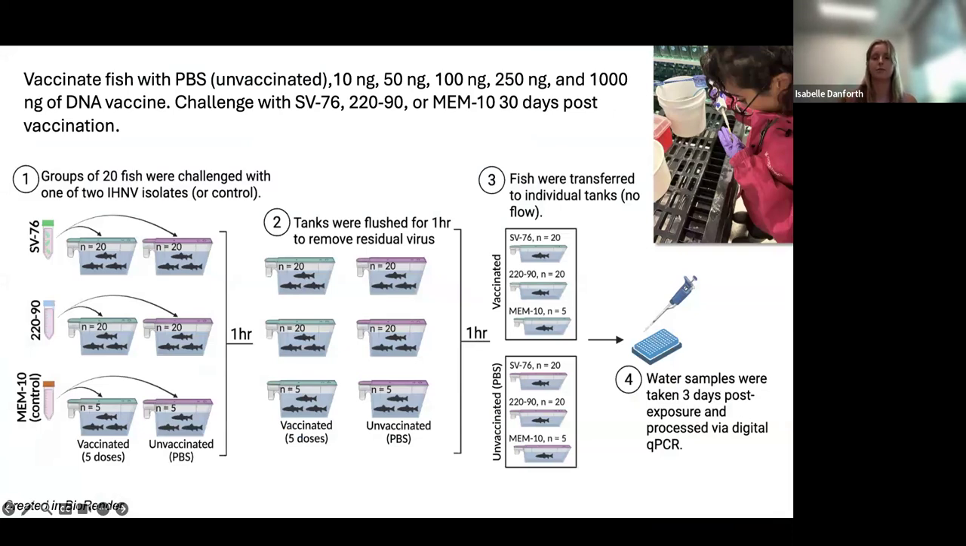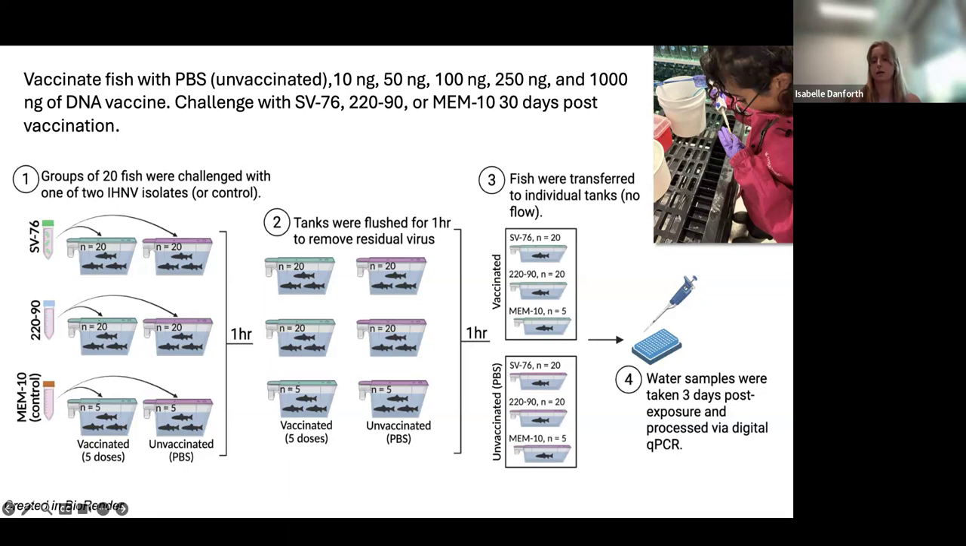So we started with 10, 50, 100, 250, and 1,000 nanograms of the same DNA vaccine. We also, of course, had an unvaccinated control group. And then we challenged the fish to the low virulence isolate SV76, higher virulence isolate 22090, or a MEM10 negative control 30 days post-vaccination. And so we exposed them for an hour and then flushed the tanks for another hour